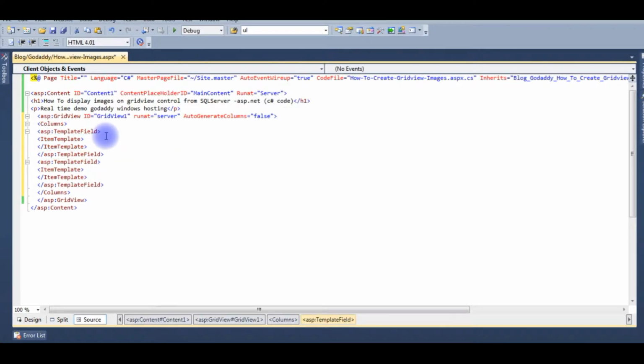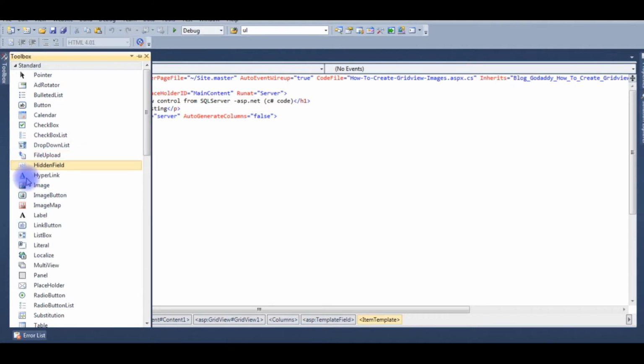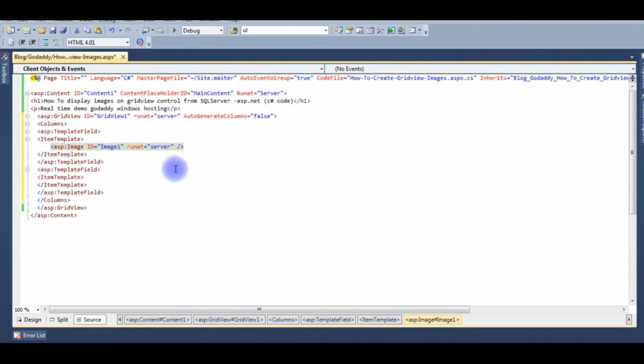Item template. Now in the first item template, the first column of the Gridview item template, I want to add the image control. Once added the image control, I want to add the image URL property,